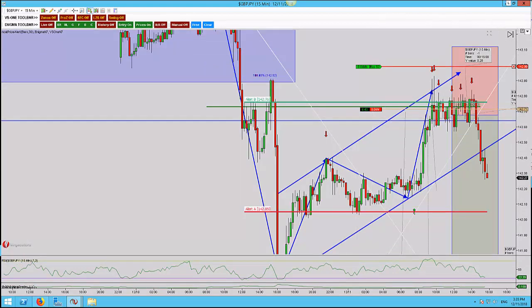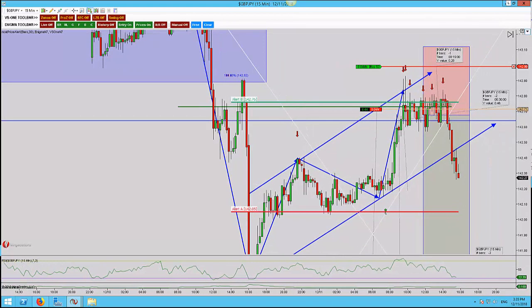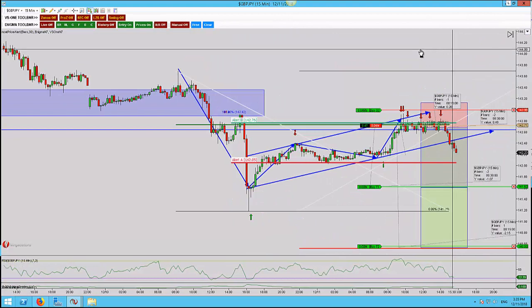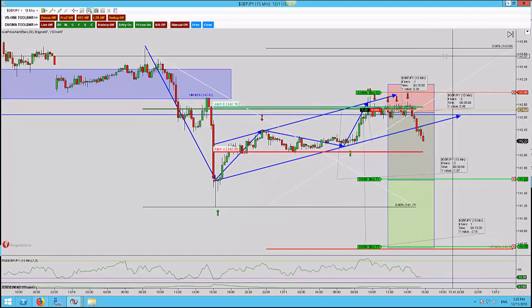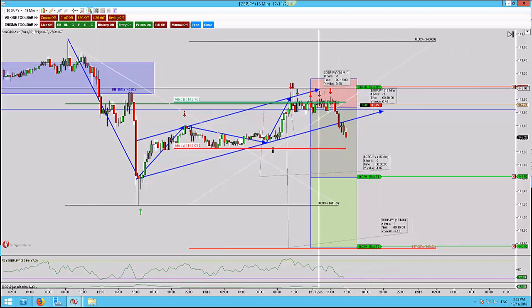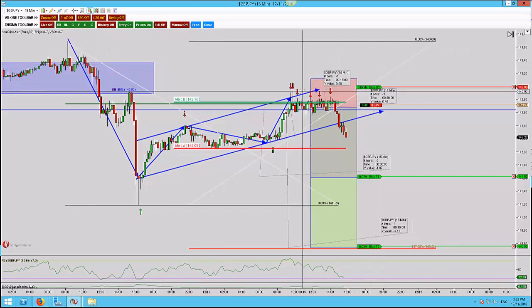We're back for an update on this trade. As you can see now, I'll just reposition the screen. We have now broken out of the channel, currently 48 pips up. So what I've just done here is I have reduced the risk on this trade to, that's a bit too much actually,